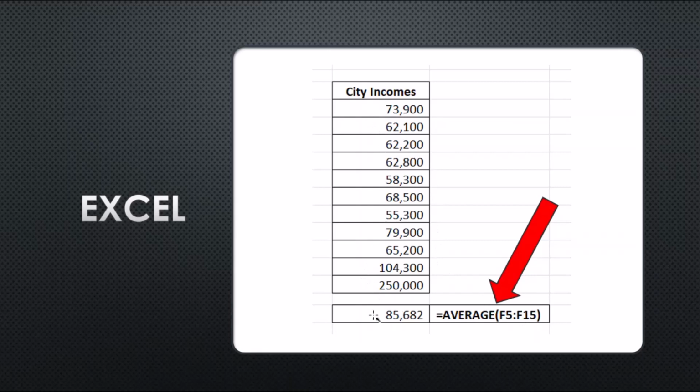But the interesting thing, if you look here, is that the average is 85,000. And if we look at this list of numbers, there are actually only two numbers on this list that are more than $85,000. So is this number, 85,682, really representative of all these numbers? You see, that's what we're trying to get at. We're trying to get at a number that represents all of our numbers. They call that the point estimate. However, you'll see that it really doesn't represent this when we're talking about people's incomes or even house values.